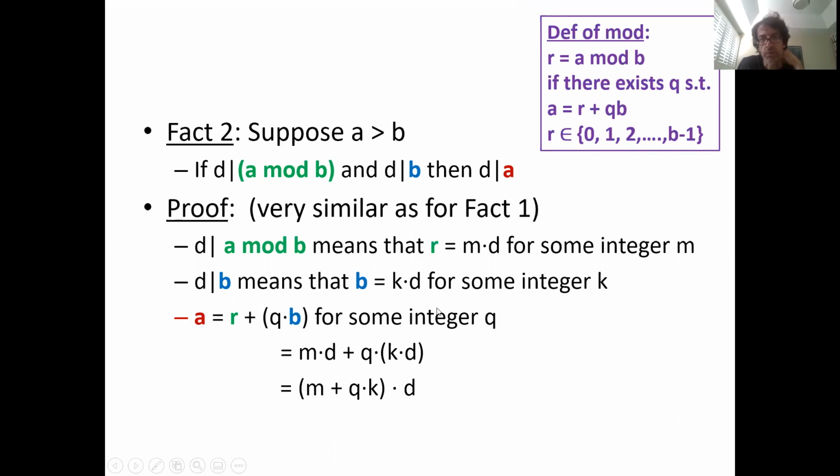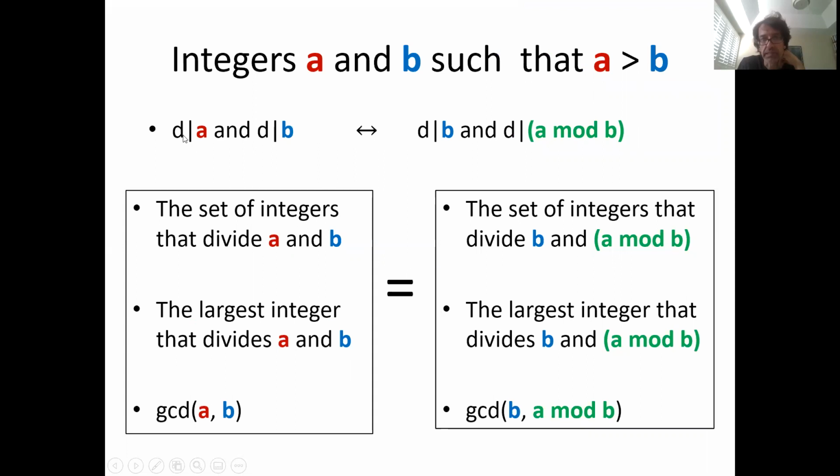Okay, so taken together, it means that whatever divides A and B both also divides B and A mod B. So therefore, the sets of integers that divide A and B is the same as the set of integers that divide B and A mod B, and therefore the largest of both sets are obviously the same, because these are the same sets. The divisors of these two and the divisors of these two are the same sets by this